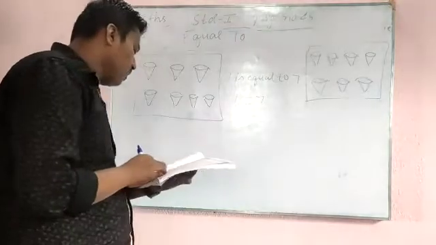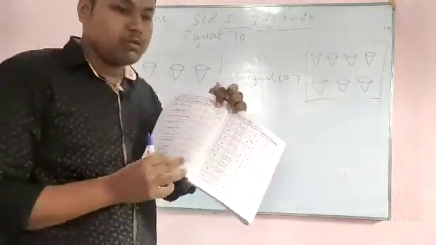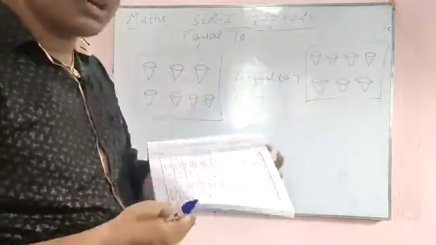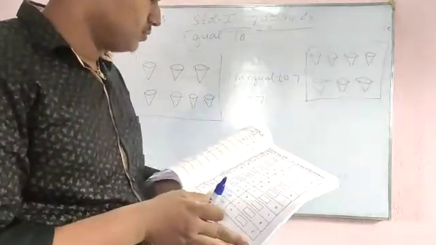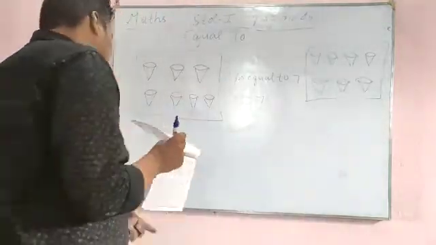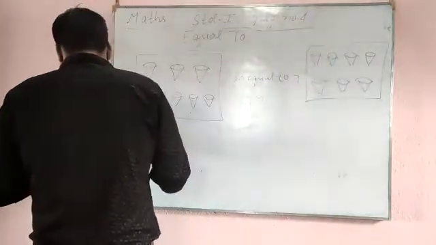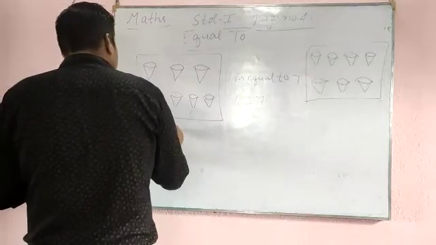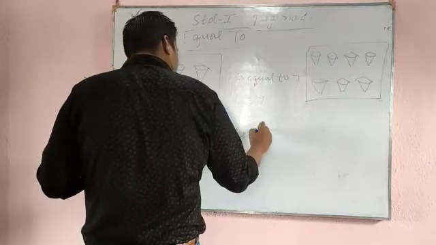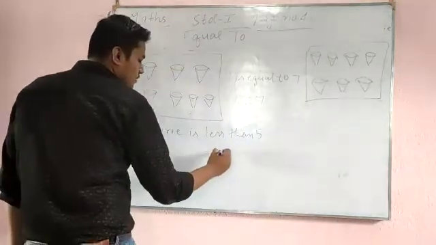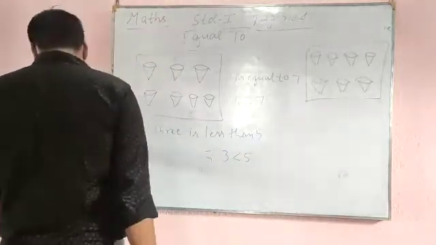Okay, now page number 46 is use of greater or less than symbols. This one I have already taught you in pages 41, 42, 43, 44, same in this also. But you can see on page number 46 it is written 3 is less than 5. And how will you write 3 is less than 5? It shows that 3 is less than 5.